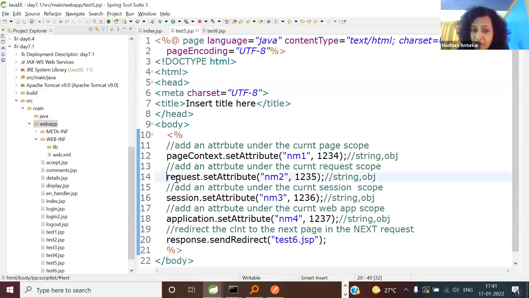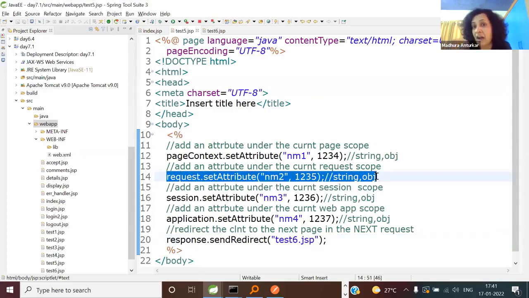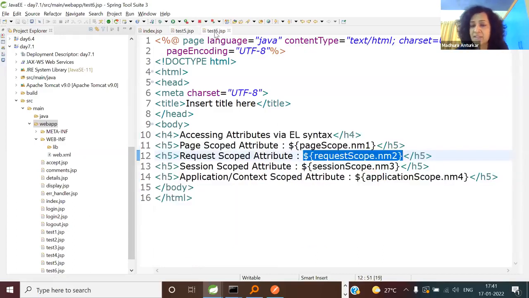So whatever request scope attribute we added on the first request, will it be visible to the second request? Of course not. Whenever we are using client pull, the minimum scope of attributes which you require is the, yes, session scope, of course.